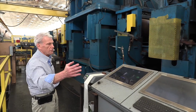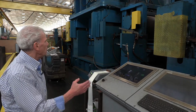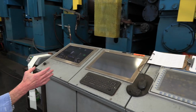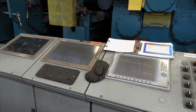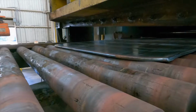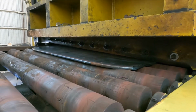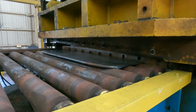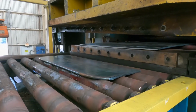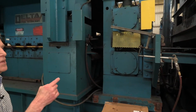Incidentally, here is a giant number of the controls we have on the line so that the operator at this end can see what's going on throughout the line, and all the push buttons and controls that he uses to thread up the line. A crop shear can get rid of a coil end that's bent up or a lead end coil piece so that we can continue to feed the line as well as possible. Another set of pinch rollers continues to feed the line